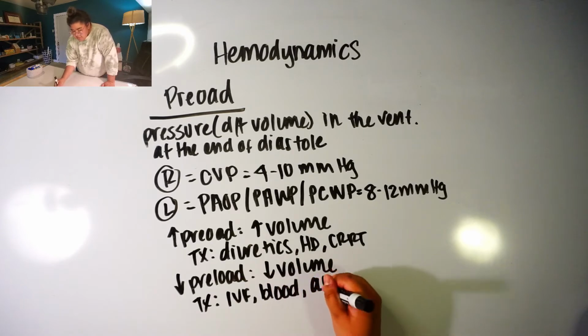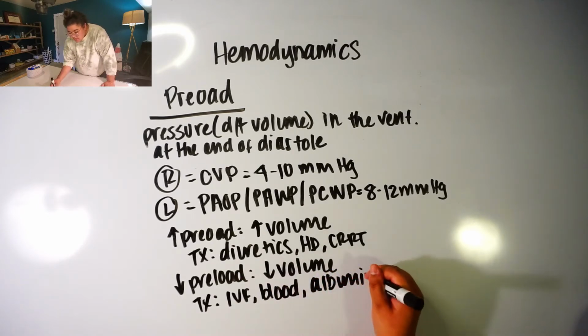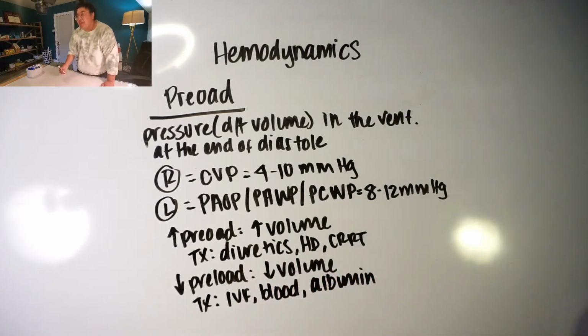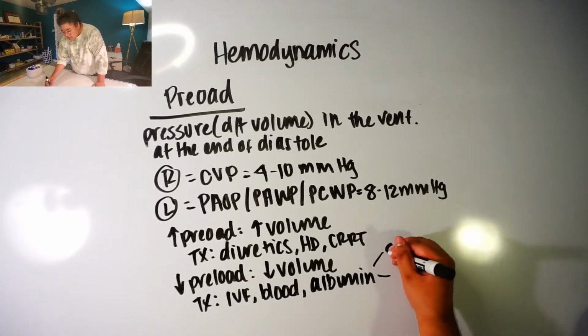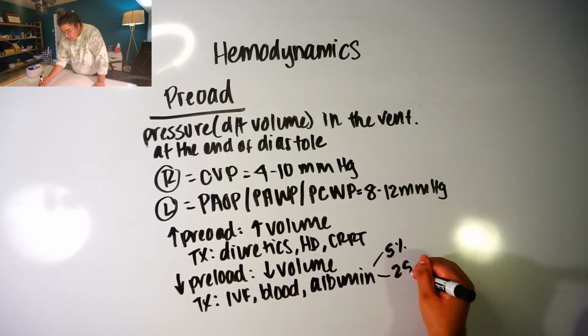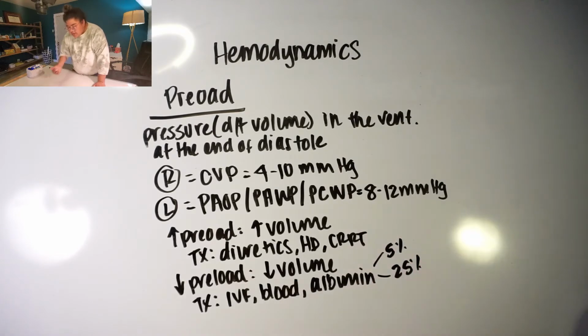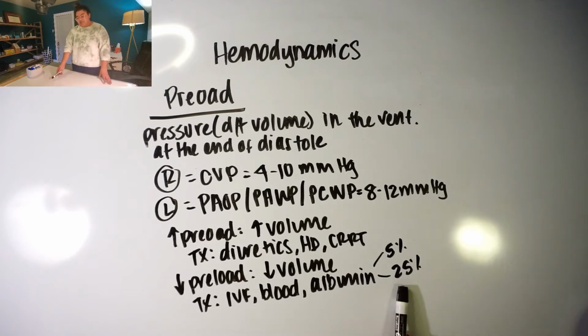At my facility, we use a lot of albumin since we're dealing with liver failure patients. So there are 2 kinds of albumin that we can give. We can give 5% or 25%. Now, the great thing about albumin is that the 25% albumin is more concentrated than the blood. So when we give 25% albumin,